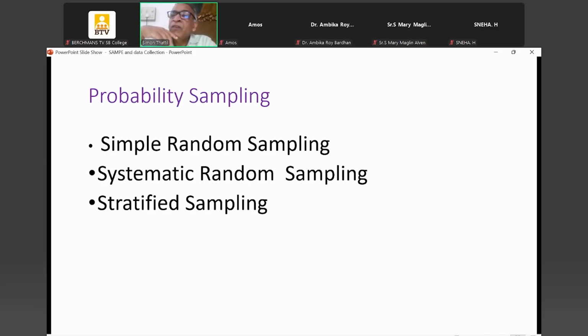And if I want a sample from this, I should ensure that it is a representative sample. That sample which I am taking should represent the population. And how many students are required to represent the population is based on the nature of the population. And what do you mean by nature of the population? The heterogeneity or homogeneity of the population. Where the population is homogeneous. Now just let us hypothetically take the fact that, let us hypothetically believe that this college has 1000 students who